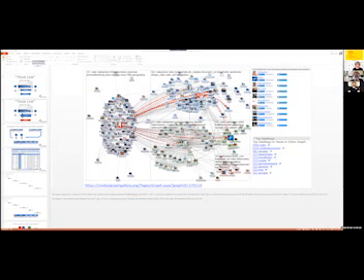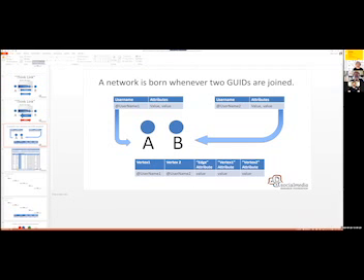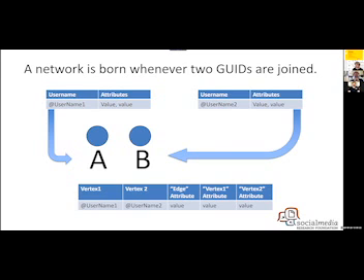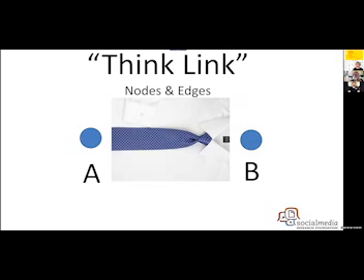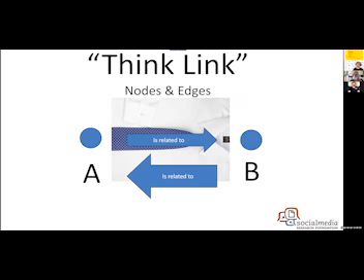So I guess the picture I would want to show you is this. A network is born whenever two globally unique identifiers are joined. And when I say the word joined, I'm talking like database joined, right? And so this is what we call an edge. One edge represents one connection between two entities. And so this represents the idea that A is related to B. And if we wanted to, we could also represent the opposite, which is B is related to A backwards. And under certain circumstances, they're actually mutually connected.